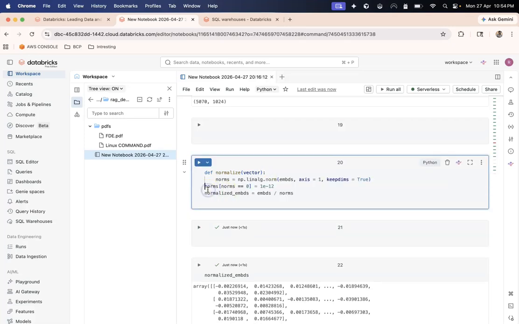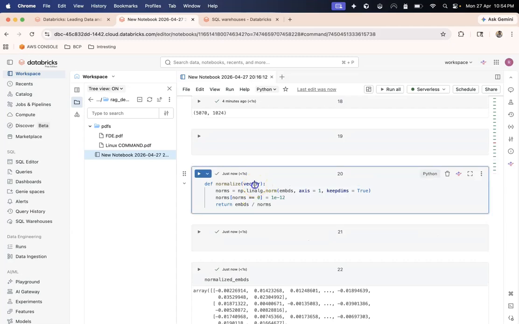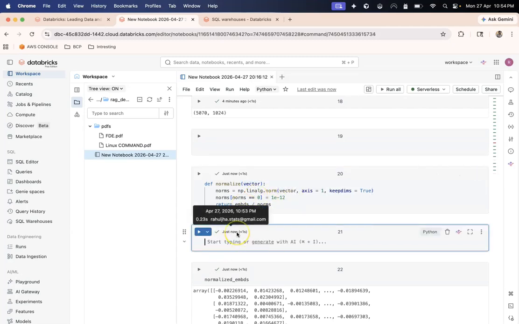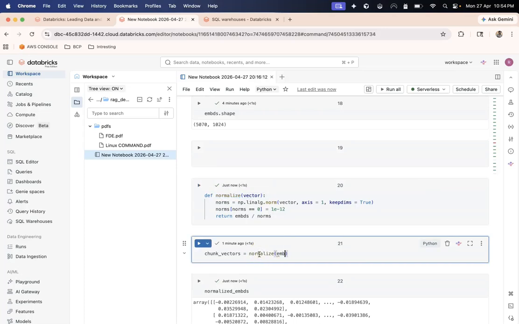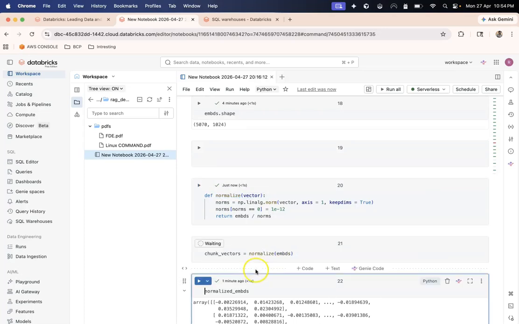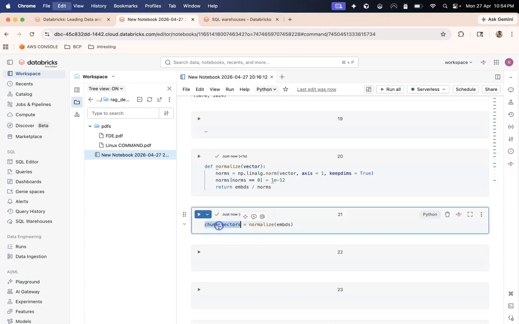It will produce the norms, and return the normalized vectors. Here in place of embeddings I will write vector. After that I can create chunk vectors by normalizing, and passing embeddings. Not only that, I can also pass the embeddings of a query here. So it is a reusable function.